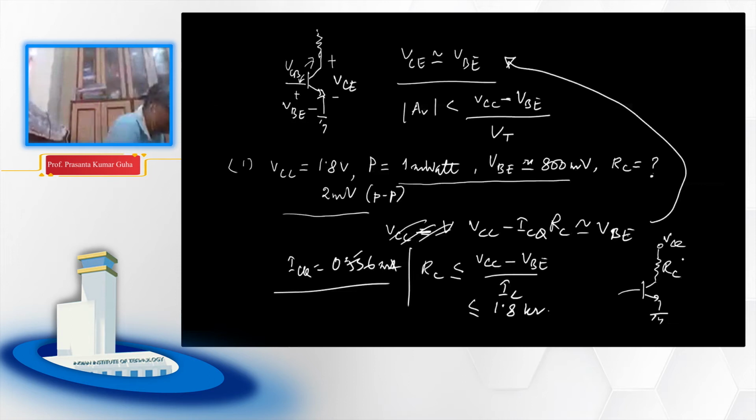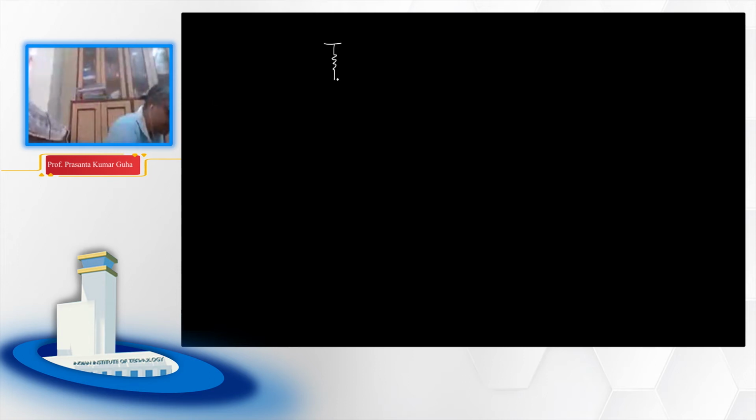So we can find the gain straight away. What we have assumed so far is that this is like 800 millivolt, and we have assumed peak to peak 2 millivolt. Here we have assumed that this is again at 800 millivolt because we said VCE we are assuming equal to VBE, and this will have, like, less than 1.8 kilo ohm and this is 1.8 volt. And this you can find the gain, gain will be 38.5. So your output peak to peak, which is basically at the edge of saturation, is close to around 77 millivolts